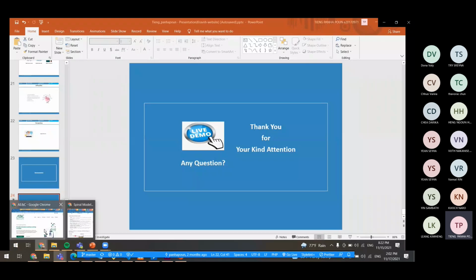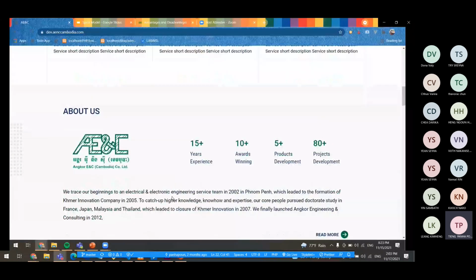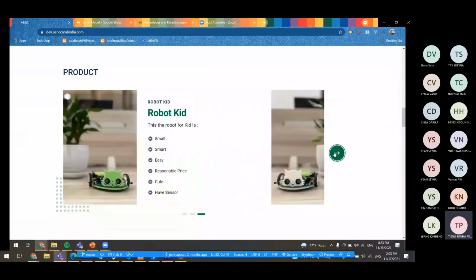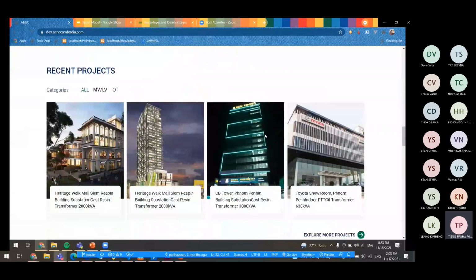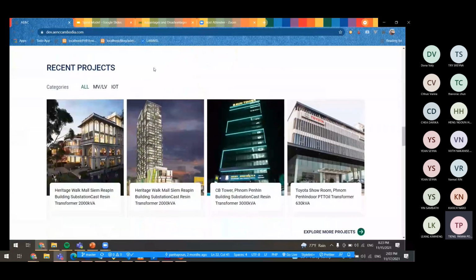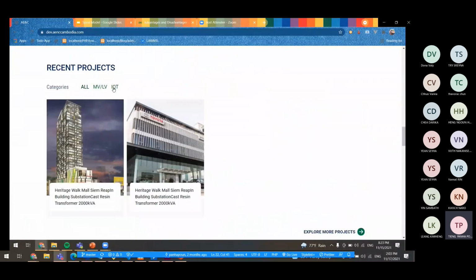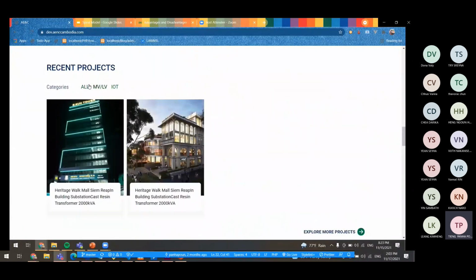And this is the homepage. The homepage has this solution, and the service users can see like this, and about us users can see like this, product users can see like this, recent project users can see all, web and IoT.